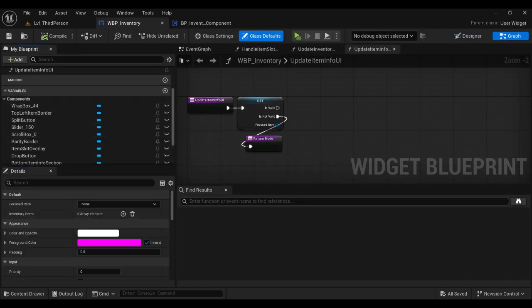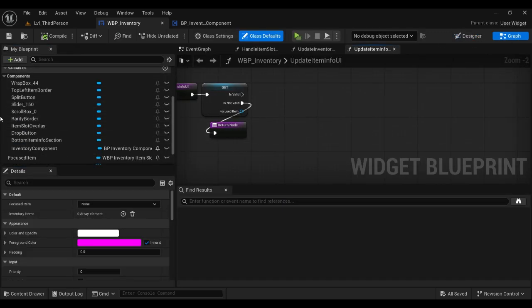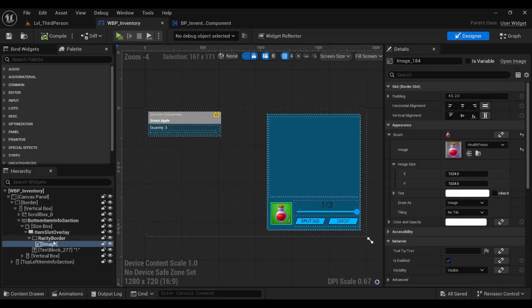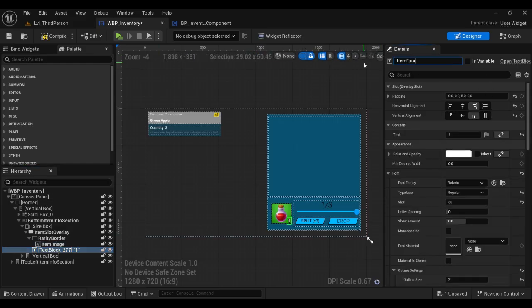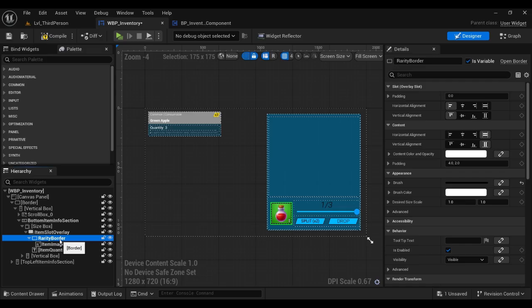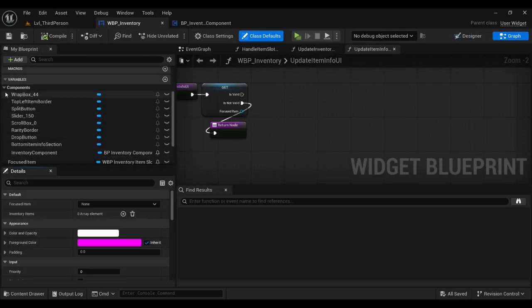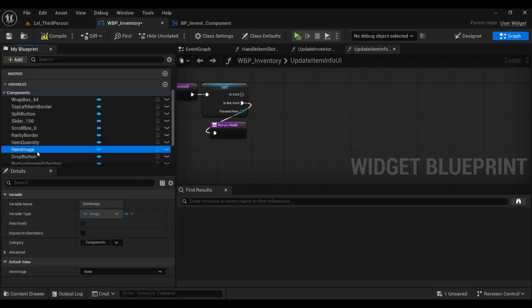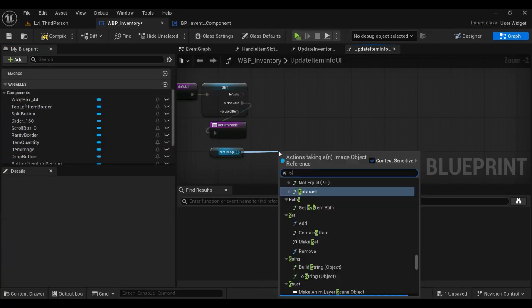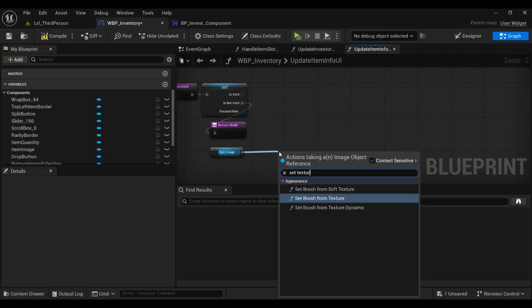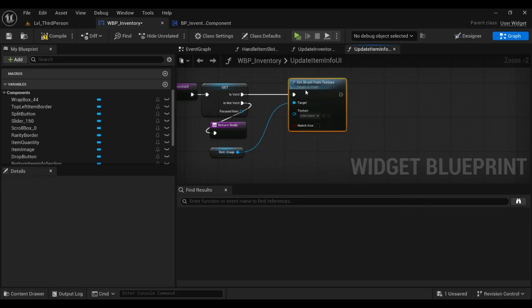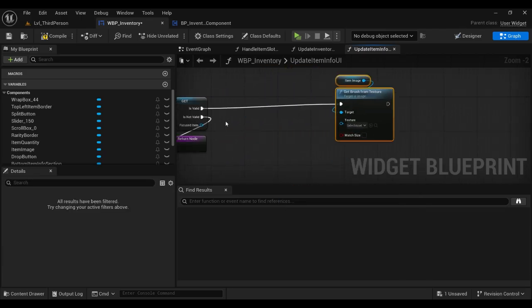So let's get item image, and text item quantity. Make them as variables. This one we don't need. Okay. So get the item image, set texture, set brush from texture, and the texture is